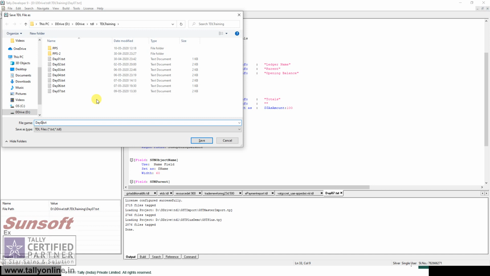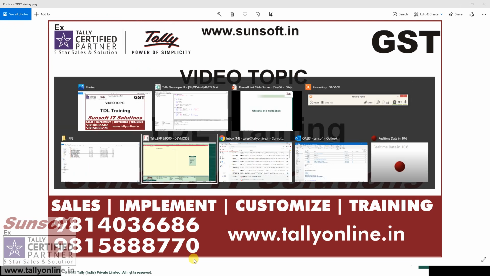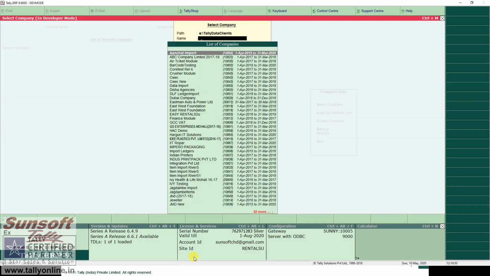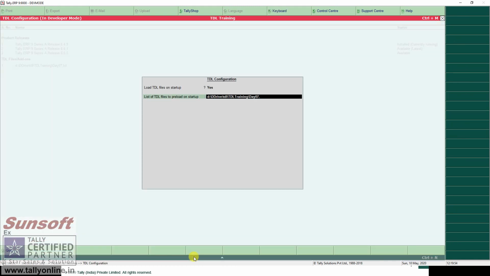And we'll continue with objects and collections and we'll have some more concepts linked to it which we'll discuss in this session. In my Tally also I do it.